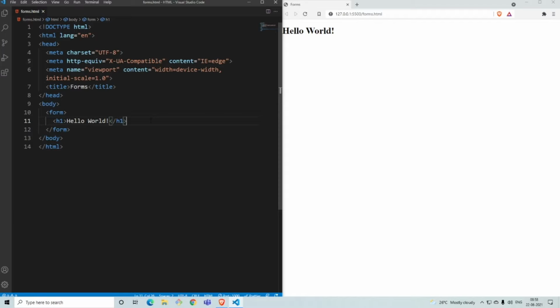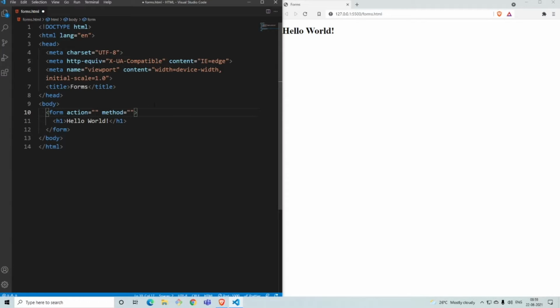You must remember that previously I said what a form does is take information from you, send it to another computer, receive data from that computer and then display it. So basically you need two actions for this. One is the action which says you have to send this information, and another which says where you have to send this information to. For that you have two attributes. One is the action attribute, which is written like this, and the other is the method attribute.